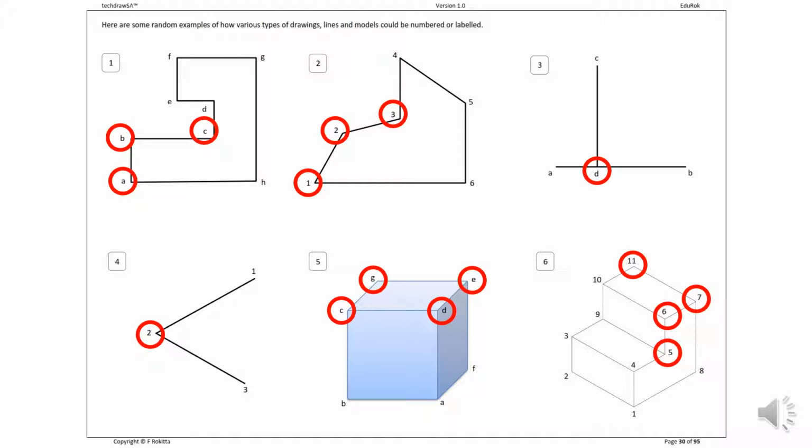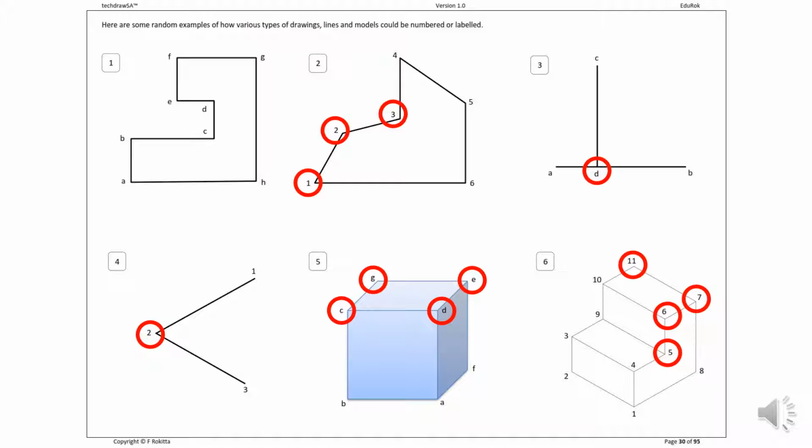This is page 30 of your workbook. On this page, I show you how to do different methods of labeling. Please remember this is not a fixed method and you may adapt it to your needs. At example 1, I am labeling with letters and I'm doing it in a clockwise direction. I start with A and go to the next corner B, C, D, E, F all the way to H